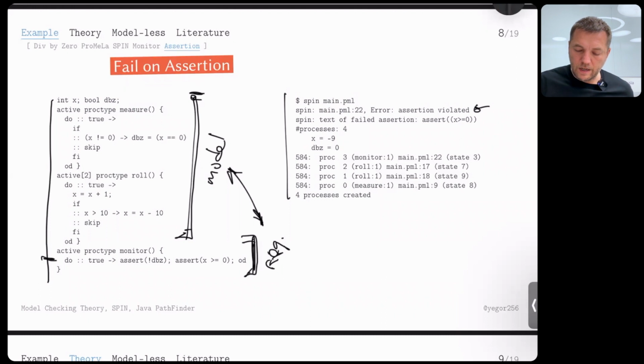And it gives us the state where it failed. So the assertion failed, and the state of the program, of the evaluation environment. And you remember the state, usually it's just the full collection of all variables and their values. So here we say x was -9 and dbz was actually 0. So we violated this assertion. This assertion was violated